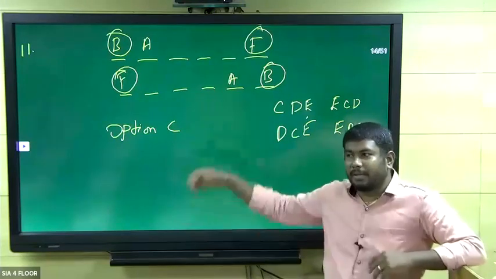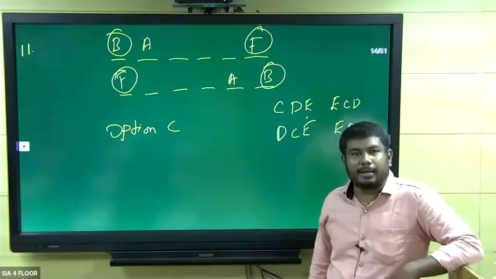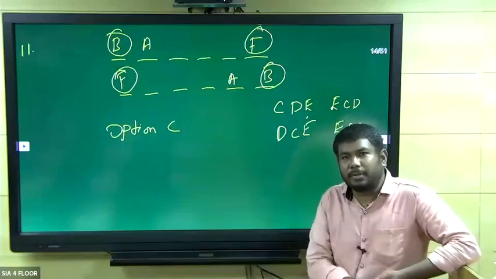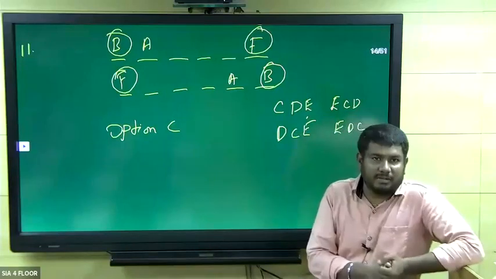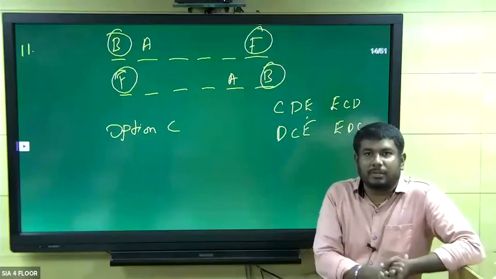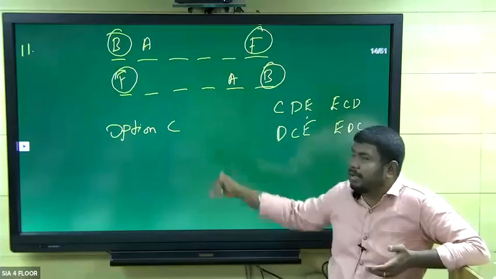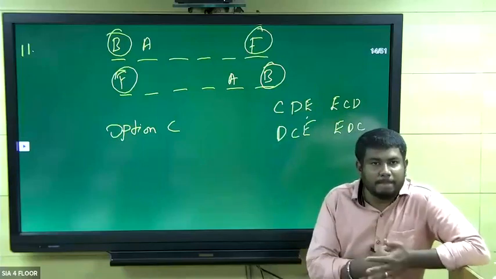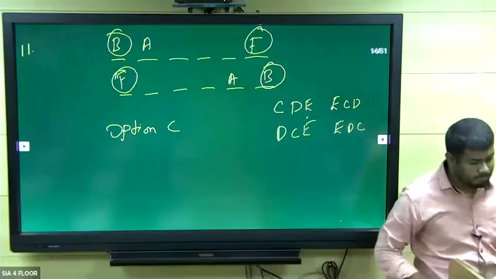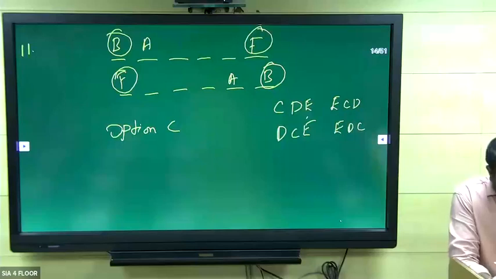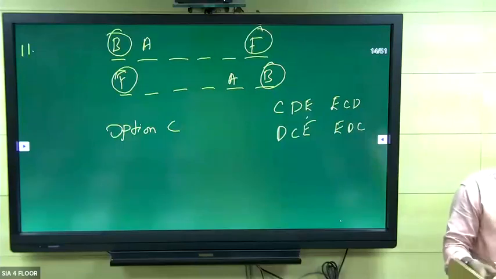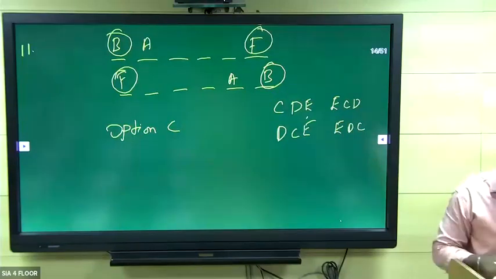So option C is the correct answer, B and F. I already told you, whether it is an incomplete or complete arrangement, we need not worry about that. We are going to just see the question and the answer. It is an incomplete arrangement, still we can answer the question. Is that clear? Shall we move to the next question? Yes or no? I will take it as yes.